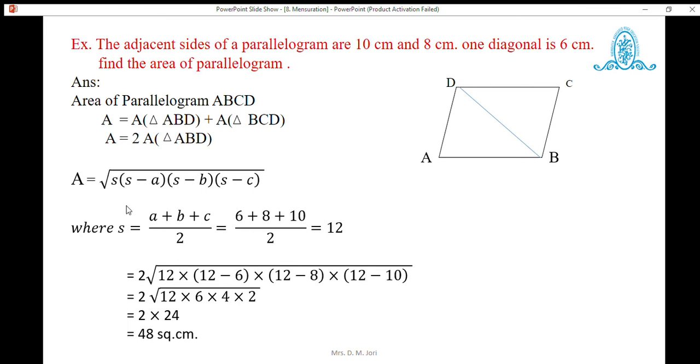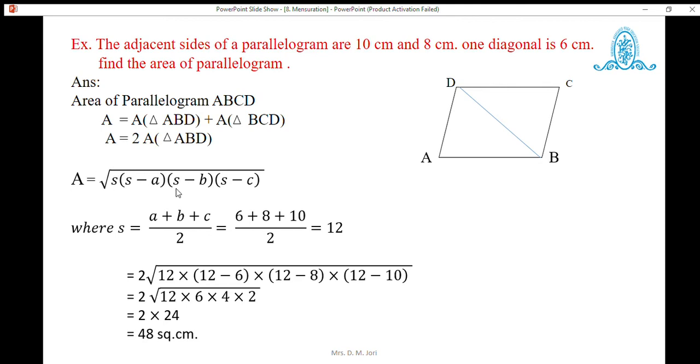After that, now we have to find out its area. So area is equal to under root s(s minus a)(s minus b)(s minus c). A, b and c, 6, 8 and 10, we already have. S we have calculated as 12. So substitute everything in your formula of area. We will further get it is equal to 2 into, how does that 2 come? See, by this formula, 2 into the area of triangle ABD.